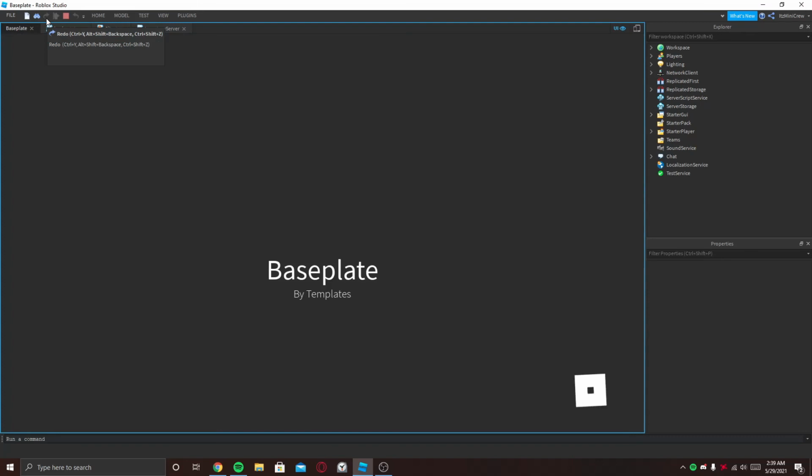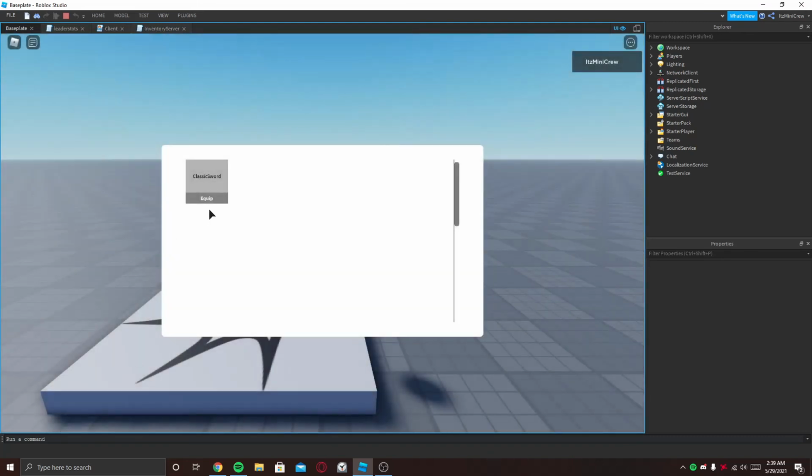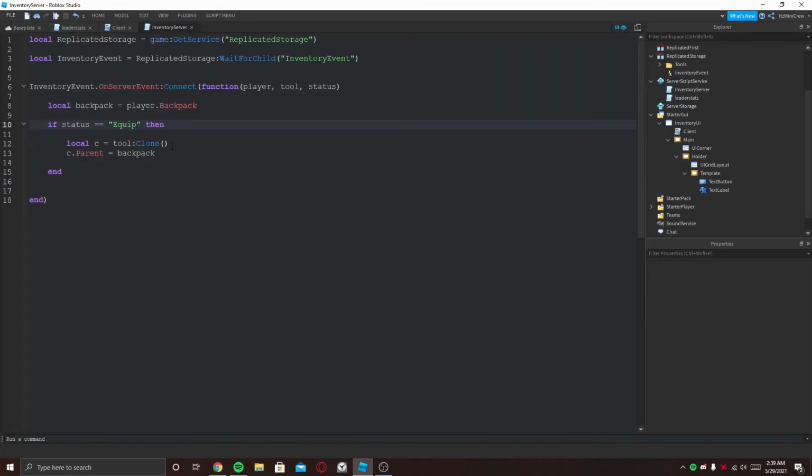Yes, here we can just equip it and it will equip. The unequip still doesn't work because we still haven't done it. So here we just say else if status equals to unequip, then